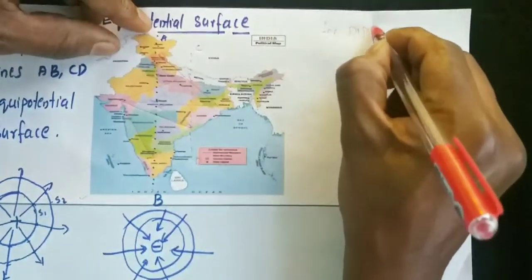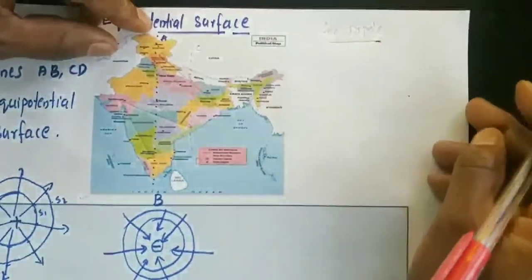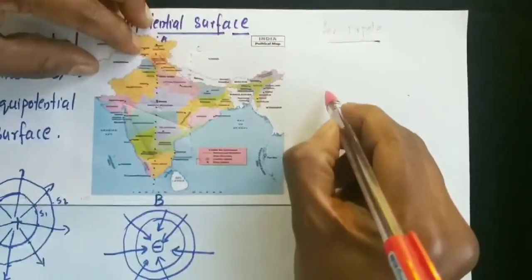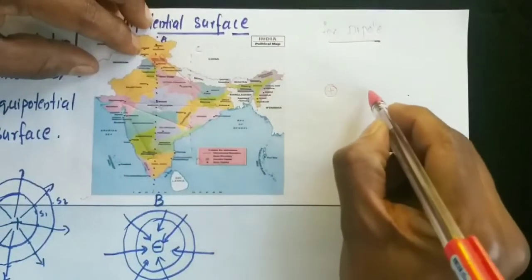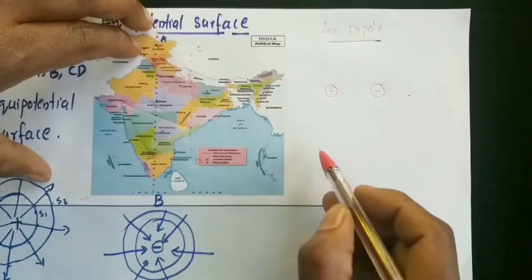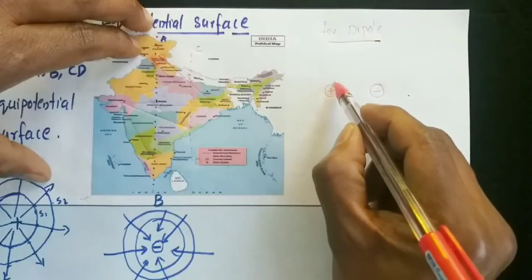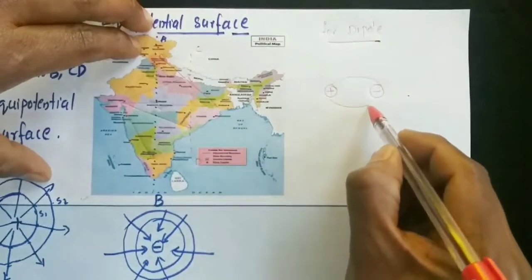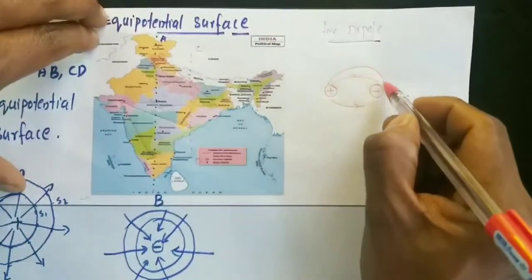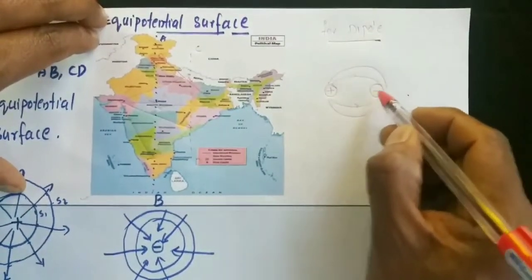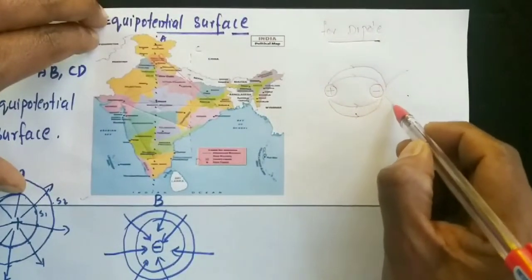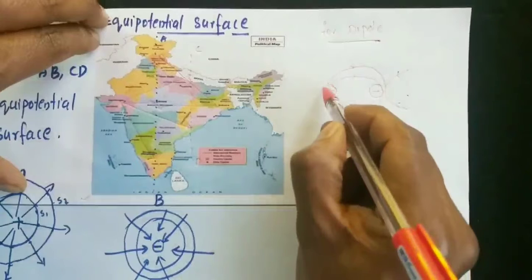Now for a dipole, what will happen to the dipole, because the dipole is always a wonder for us. So dipole, you know what is a dipole? It's an arrangement of one positive and one negative charge separated by a very small distance. I can draw electric field lines. Lines will start from the positive charge and end on the negative charge. This is not an equipotential surface. Don't be confused between equipotential surface and electric field lines. And electric field lines will converge into the negative charge and diverge from the positive charge.